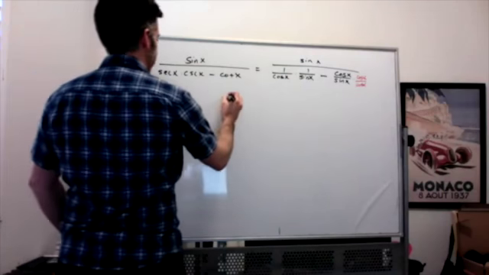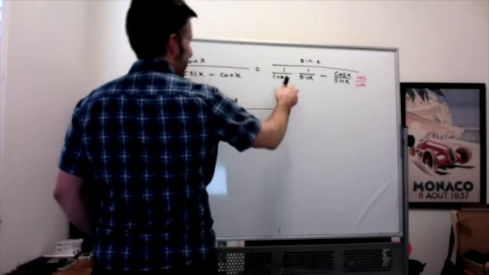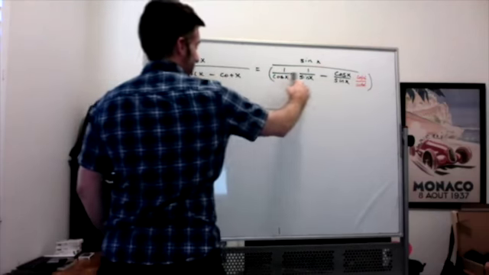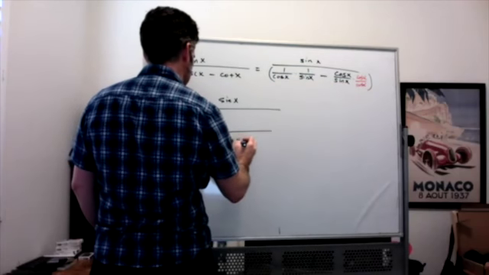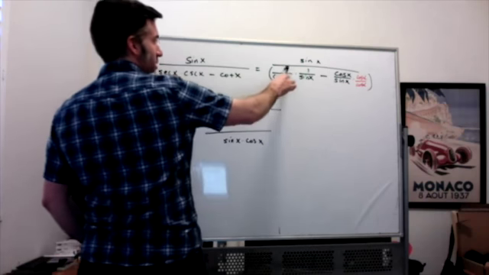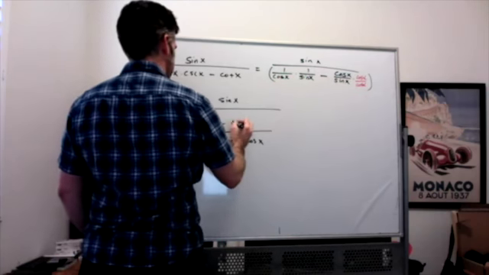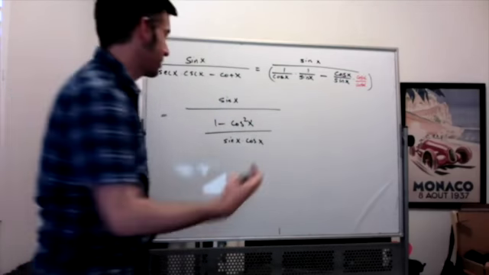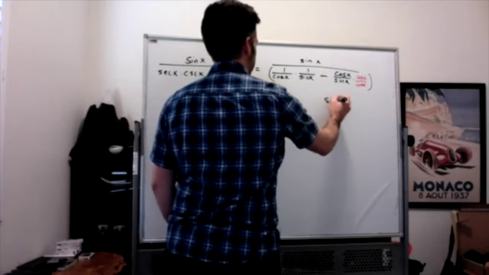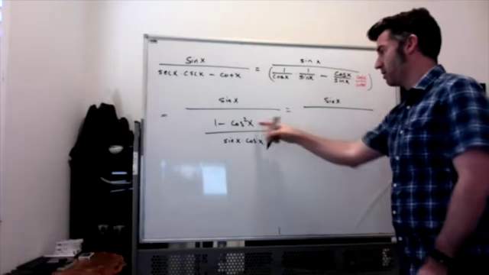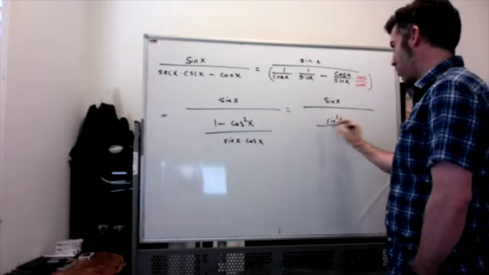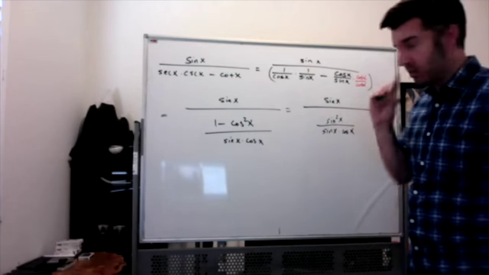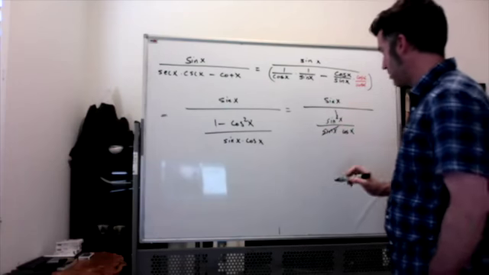So what have I got? I've got sine of x divided by one big fraction. The fraction in the denominator has its own denominator of sine x times cosine x, and its numerator is 1 minus cosine squared. We know that 1 minus cosine squared x is equal to sine squared x. So this is equal to sine of x divided by sine squared x over sine x times cosine of x. You can cancel one of the sines, so cancel a sine here and a sine there. So now you've got